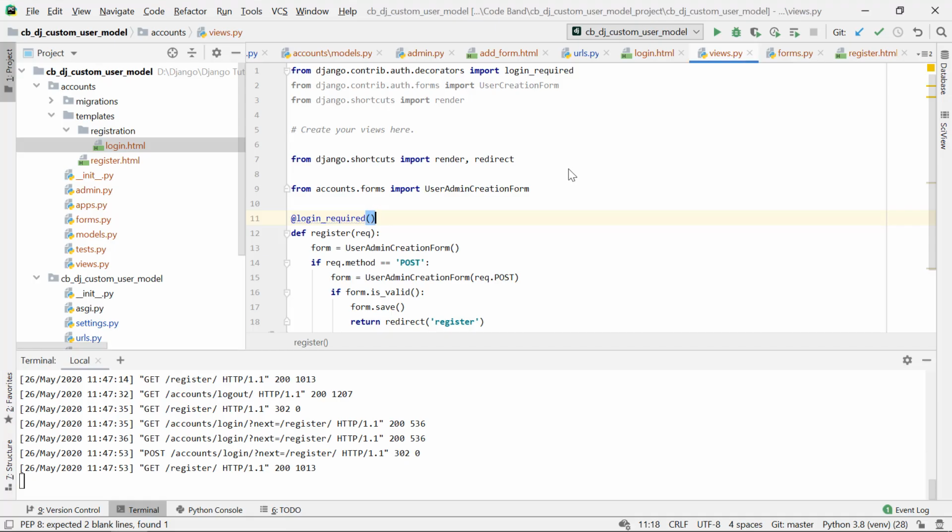So we have done every single step where we have to override the username behavior. So I believe this is the end of the video, and if you have any doubts or any errors,